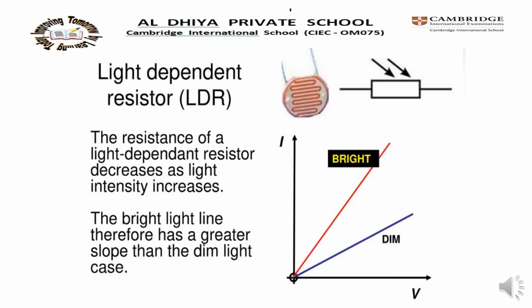Light dependent resistors. It is made from two pieces of metal joined together by a semiconductor. What is a semiconductor? It is a material with just a few electrons that can move freely. What is the purpose of LDR? LDR means light dependent resistors. When the LDR receives light energy, more electrons are released in the semiconductor to move freely through it and the resistance of the LDR becomes lower.